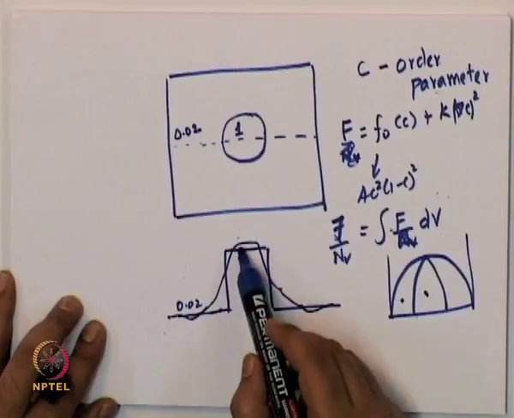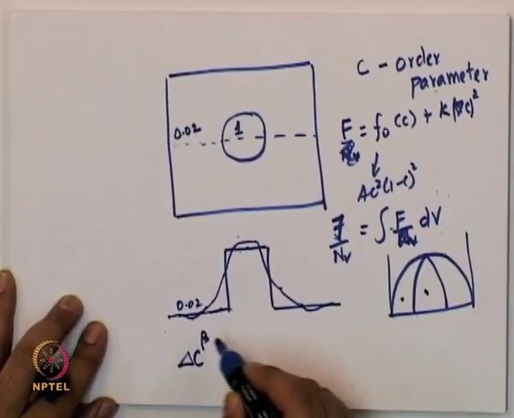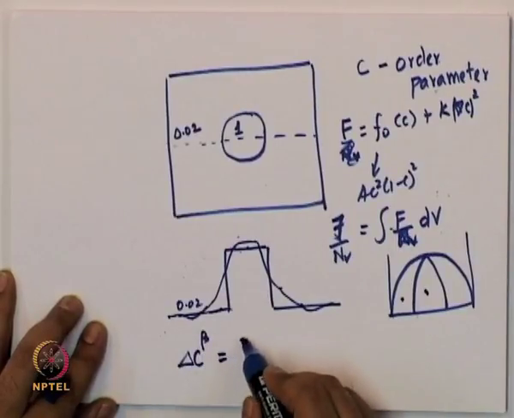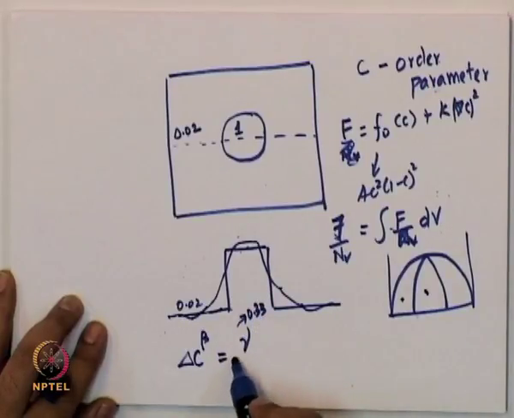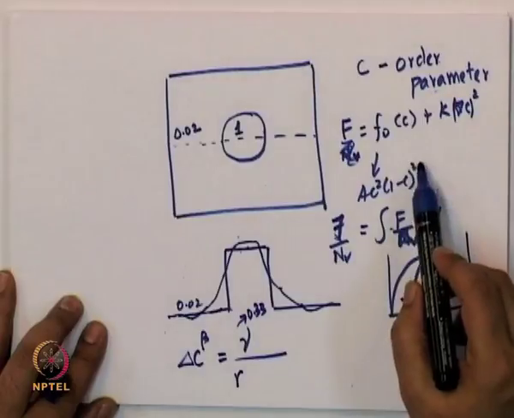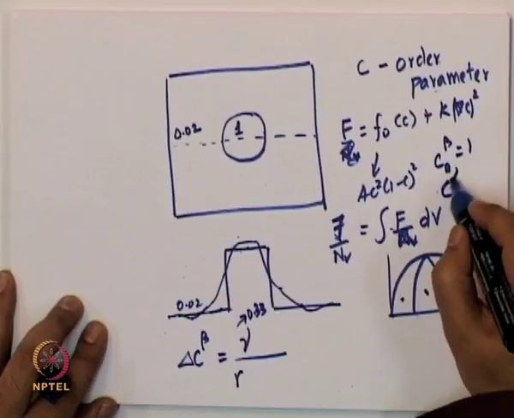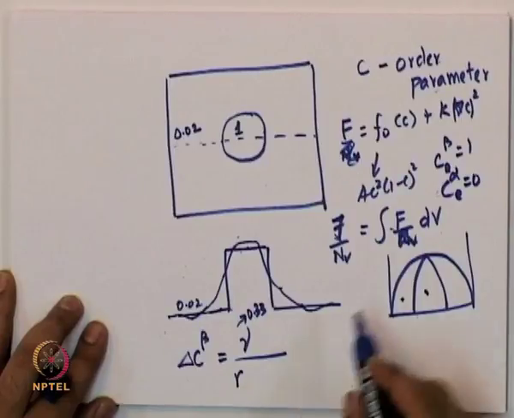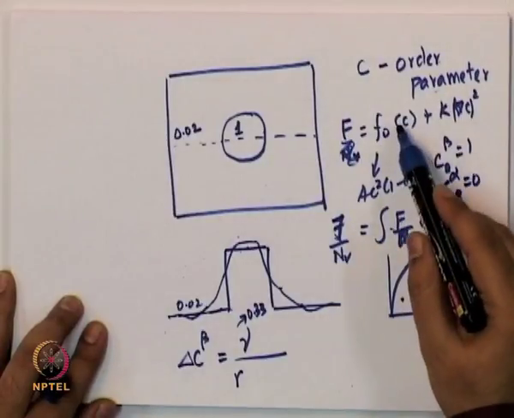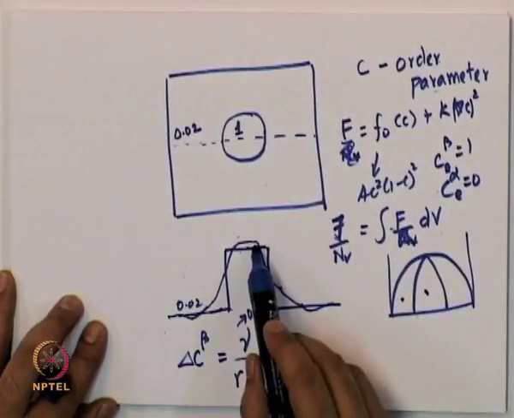The reason this is going above 1 is that if you calculate del C beta, it will be gamma over K, where gamma in this case we know is 0.33, and K is 1 by R. So, 1 by R, and in this case the equilibrium alpha and beta compositions are C E beta is 1 and C equilibrium alpha is 0. So, beta minus alpha is basically 1, and we take the second derivative of this free energy with respect to composition, and put C equal to 1 in this case.